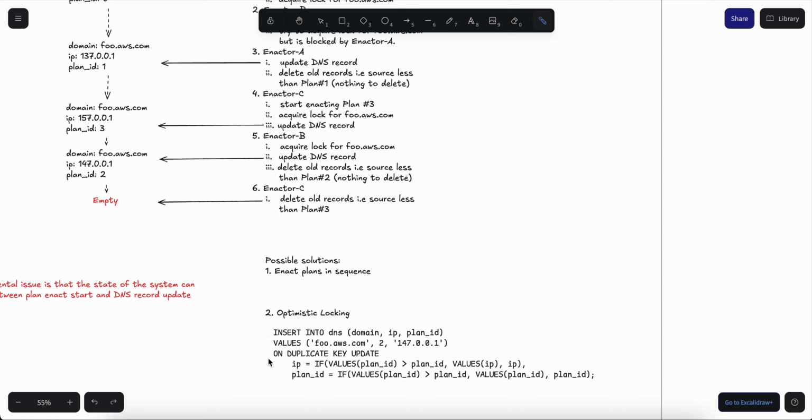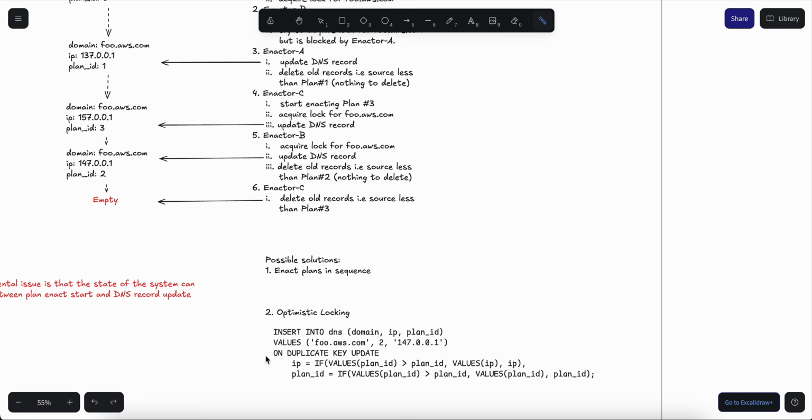So as you can see, if you're familiar with MySQL syntax, we can perform an upsert, not an insert, of the domain, the plan ID. This is a typo. It should be plan ID first before IP.